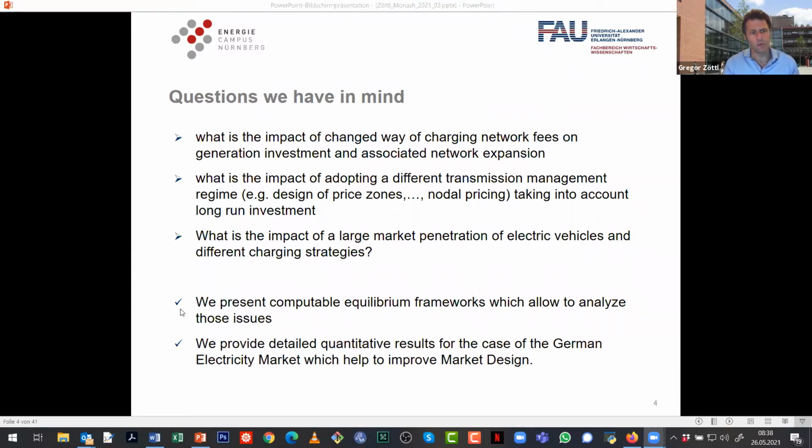I will present to you so-called computable equilibrium frameworks, which allow us to take into account the incentives of the agents involved on the one hand, but also allow us to really calibrate and numerically compute with real-world data the resulting market outcome, or predict market outcomes, which allows us to talk about network fees or the different ways of second best market designs regarding transmission